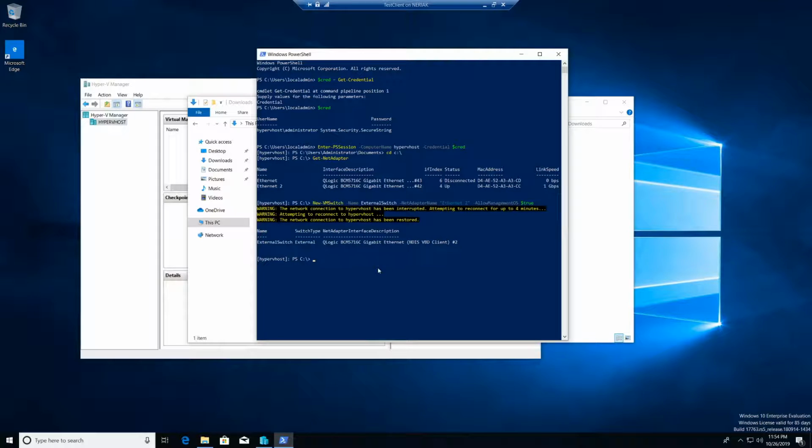There's our warnings. Now we have an external switch. If you want to see proof positive there, run Get-VMSwitch, and it's going to return the same information. Notice the interface description. I'm not quite sure why that is the way it is, but you know for a fact that we told it to use Ethernet 2